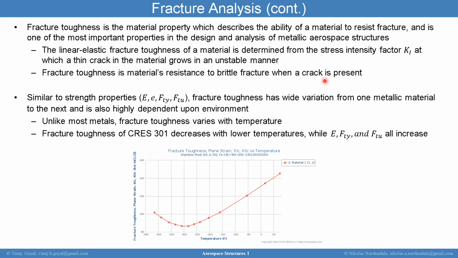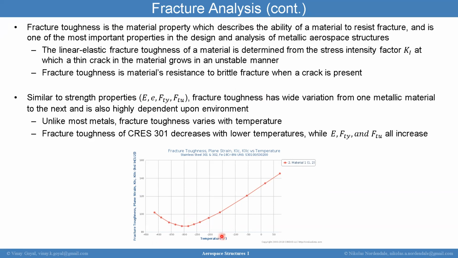So you want to make sure that you understand what the fracture toughness of the material is because that material property can be measured and it can tell us a lot about how the structure behaves. Similar to strength properties, the elongation, the yield tensile, and the ultimate tensile strength, the fracture toughness has a wide variation from one metal to another, and so you have to really measure it for every material. It can also